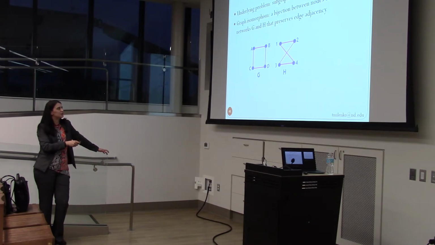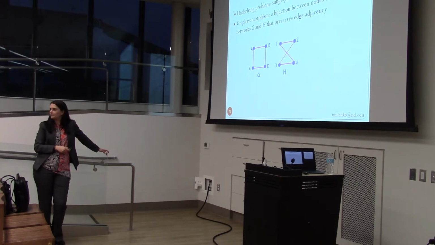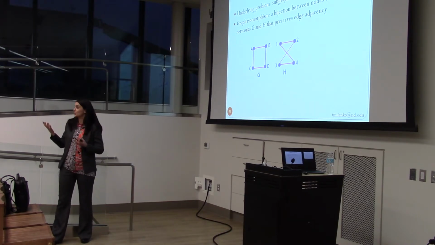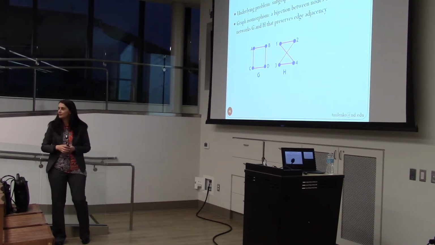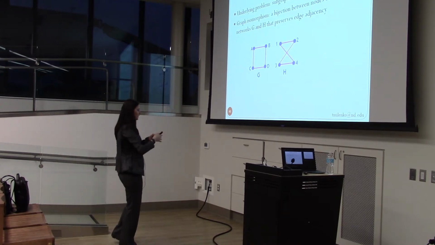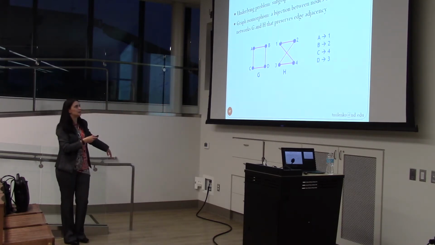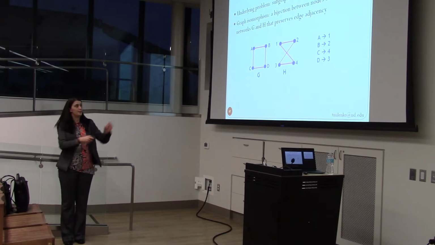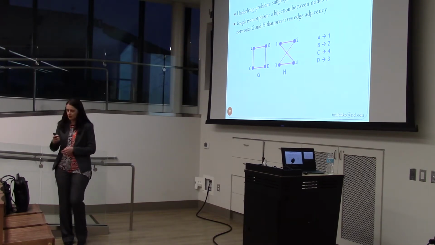So, in other words, this is a square. Ignoring A, B, C, D, and ignoring 1, 2, 3, is this a square? Think about it. I'll give you 10 seconds. I saw your head immediately nodding. Can you just tell me why it is a square? You can rotate the bottom two nodes on the right. So think of flipping 3 and 4, you get a square. Or in other words, I map A to 1, B to 2, C to 4, and D to 3, and I get the same network. So I conserve, so these two graphs are isomorphic. There is a mapping, this one, that conserves all the edges.